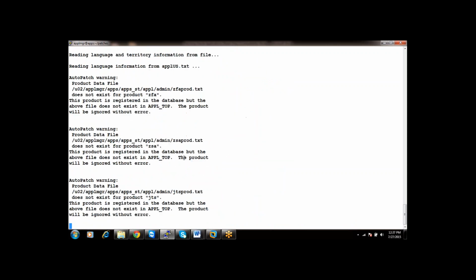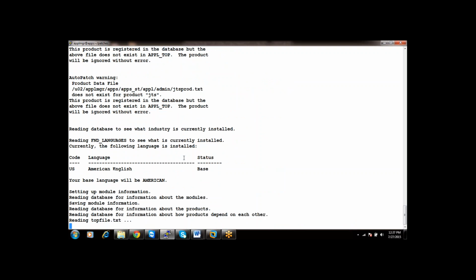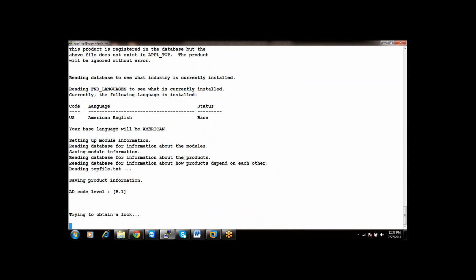Oh, it is already having the values. So that's why it is taking... Previously, I had stored some information in that file. So it is taking the previous values. Okay. So if the previous values are not there, what happens?